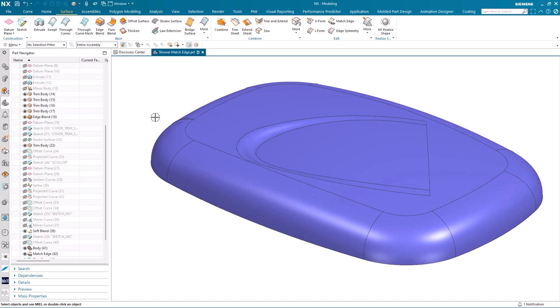And because the projected curve I selected had an underlying supporting surface, the resulting bridge surface uses it to control the edge continuity. Finally, I sewed the two sheet bodies together and patched them into the original shower case body